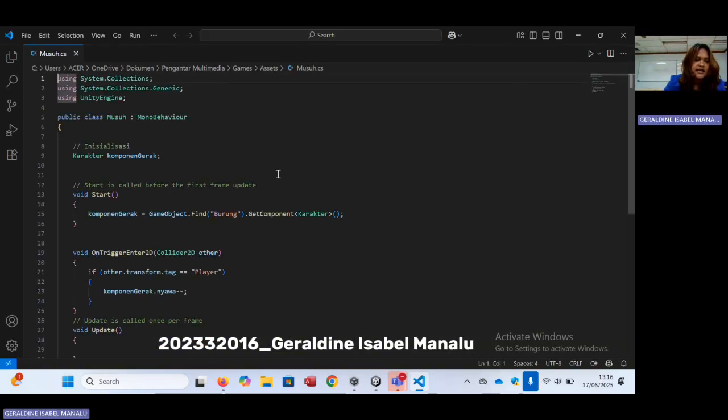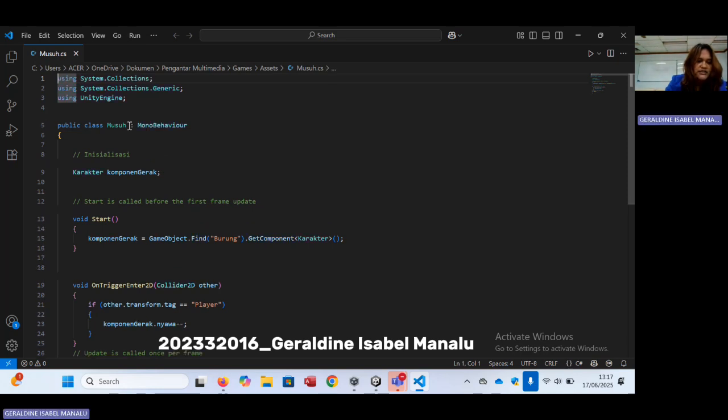Script explanation. This enemy script in Unity functions to detect collision between the enemy object and the player. At the beginning of the game, the script looks for an object named bird and takes the character component. When an object with the player tag touches the enemy collider with an active trigger, the life of the bird object will be reduced by 1.